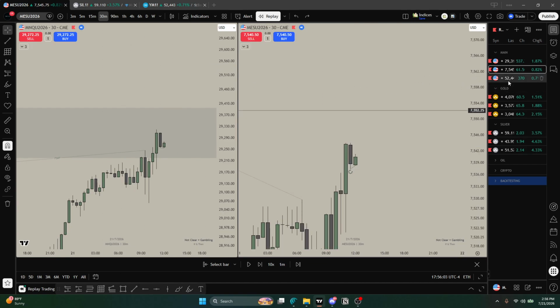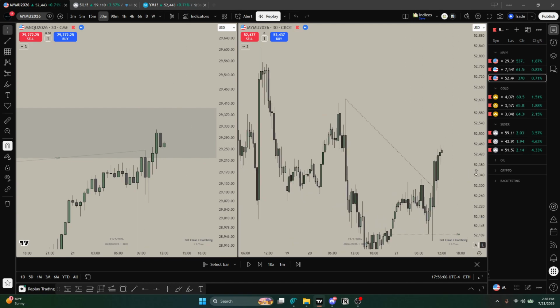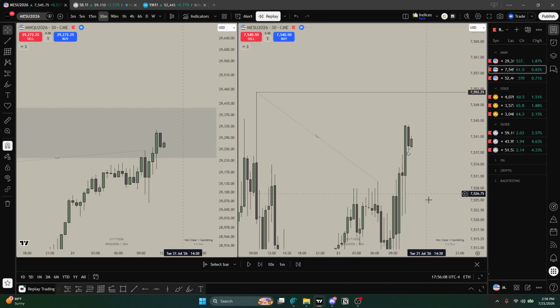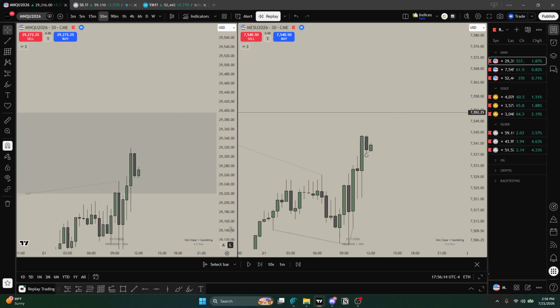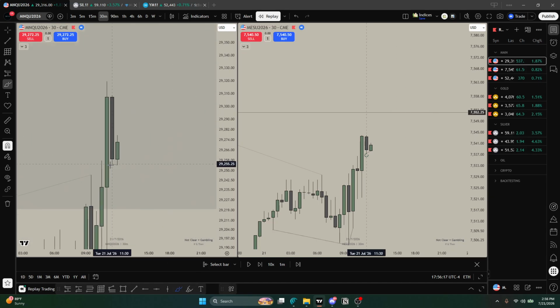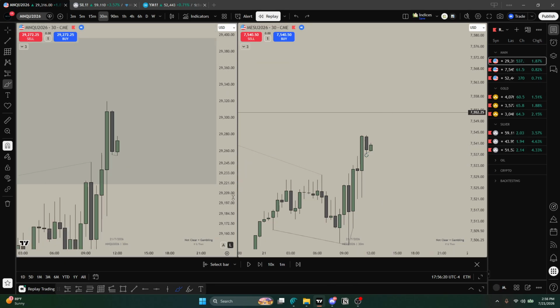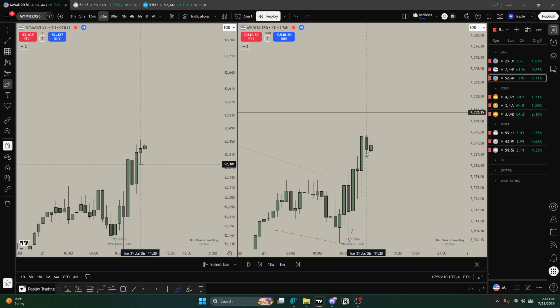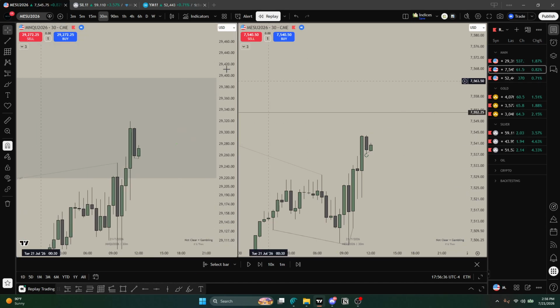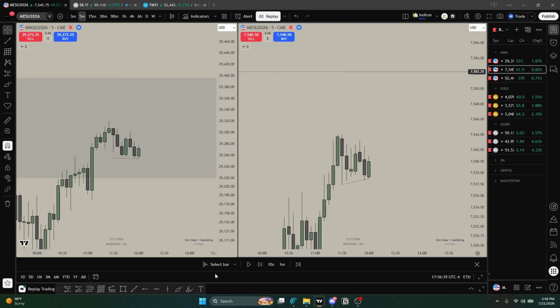So right when we create that, even YM is creating an ultimate strength switch because it's overall weaker. Makes sense. And so this is exactly what you want to see, right? This goes back to what I was talking about earlier. You want to see that strength switch form between the leading and the lagging assets, not between, like say YM did trade in this low and maybe NQ didn't. Or yeah, you wouldn't want to see the strength switch form between the lagging assets like that if we're in continuation like this. So but drop down to the 5 and 3 minute, where we create the nice 3 minute